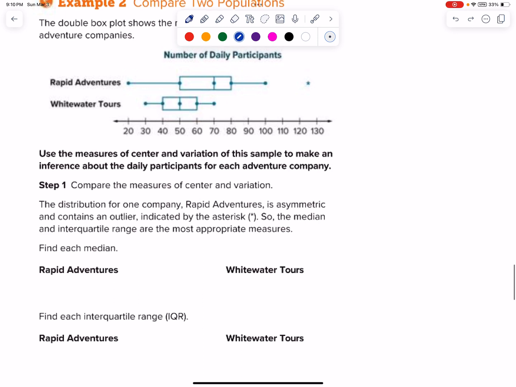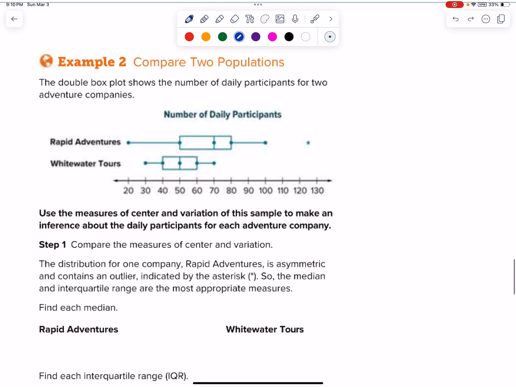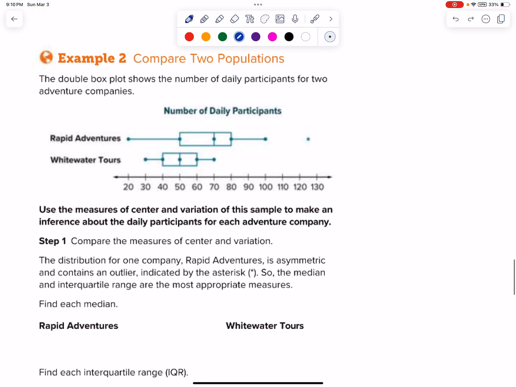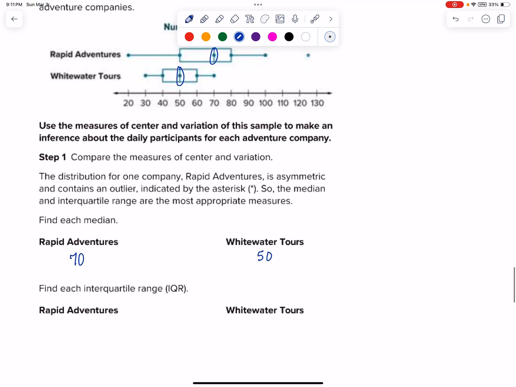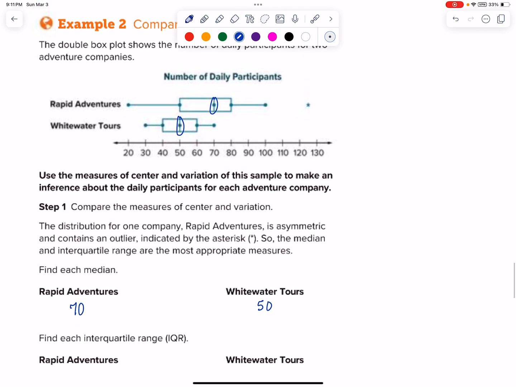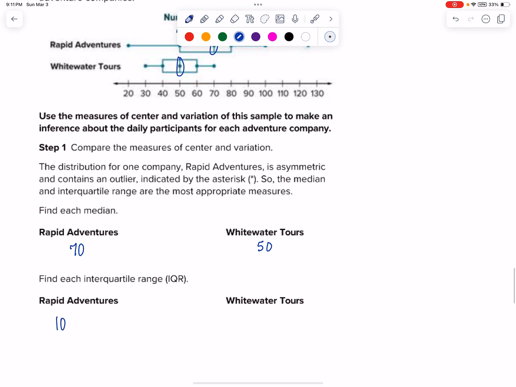So it says find each median. These are nice and easy to see. The Rapid Adventures chart is showing the daily participants for 2 different adventure companies. Rapid Adventures has 70 participants as the median, and Whitewater Tours has 50 participants. We can see the median right there. Now find the IQR. Those are nice and easy. So we take the 80 minus the 50, and so the IQR